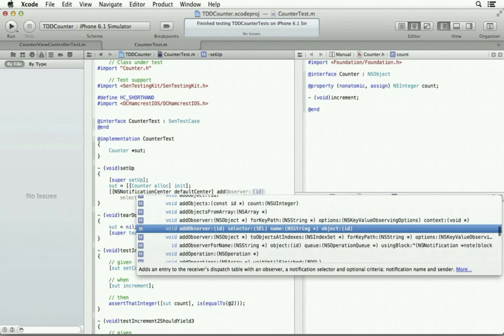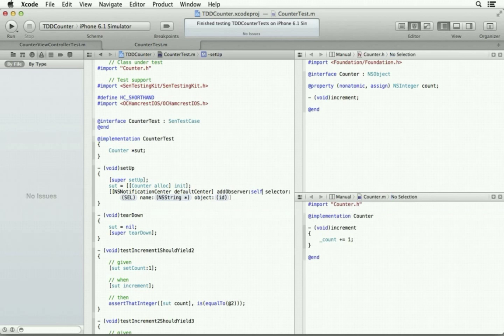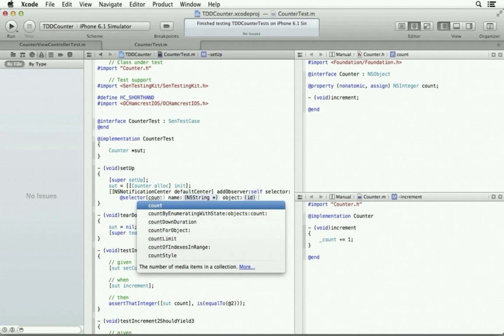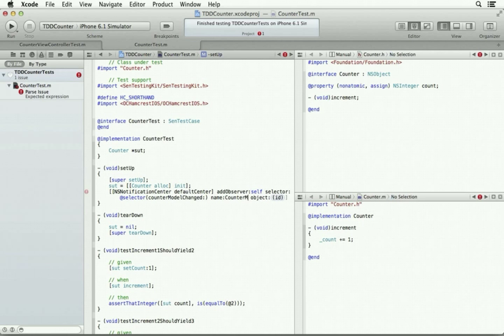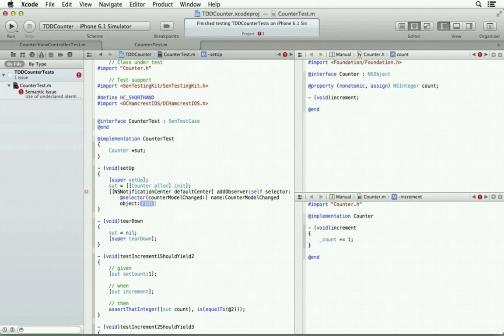So let's add observer self. That is the test case. Selector is going to be counter model changed, and the name of the notification is going to be counter model changed, and we're listening for that particular object.